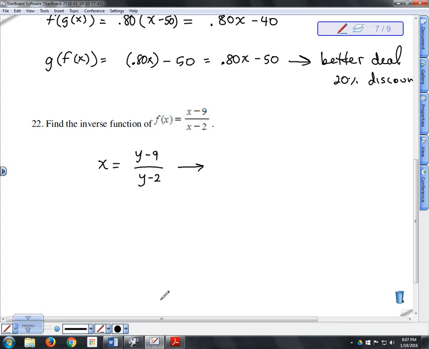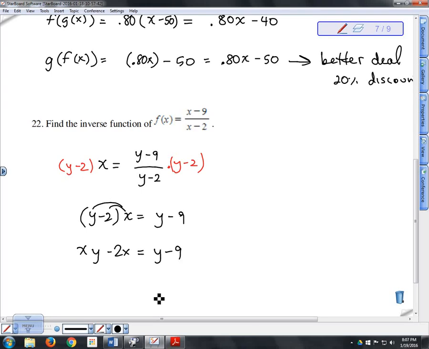Next step here is, we don't want to have this fraction, especially if we have a y on the top and a y on the bottom. This fraction is no good. So I'm going to clear out the fraction by multiplying both sides by the denominator. So that's going to leave y minus 2 times x equals y minus 9. I'm going to go ahead and distribute the x and get xy minus 2x